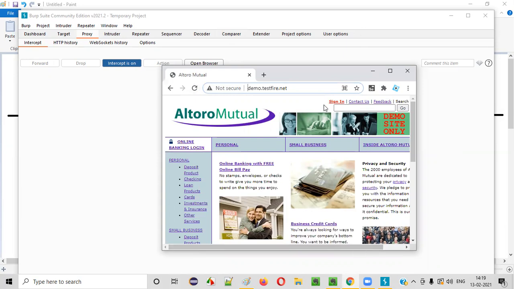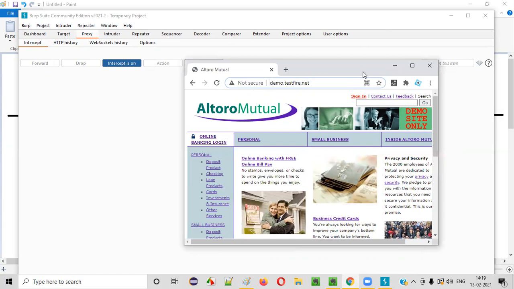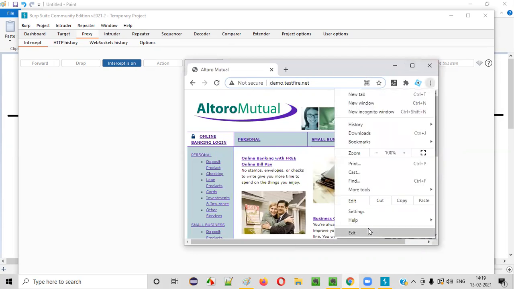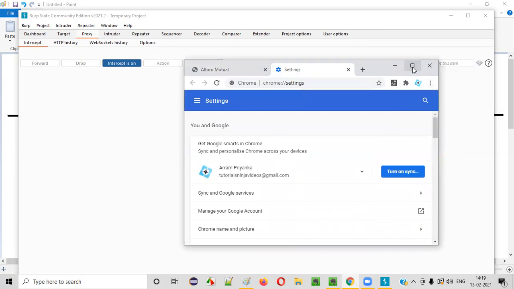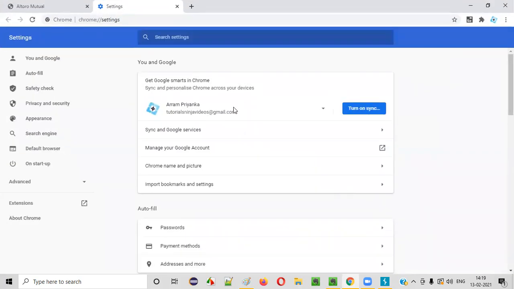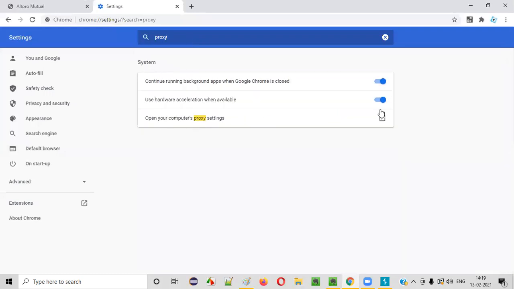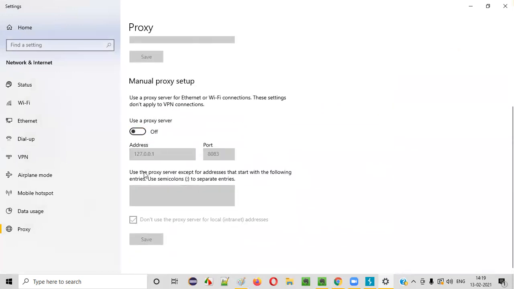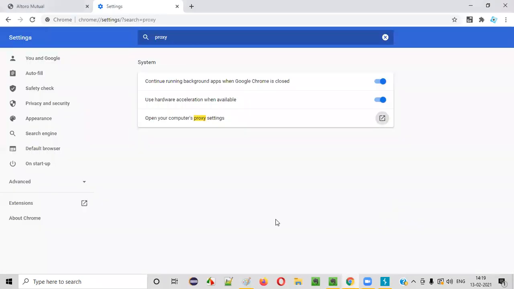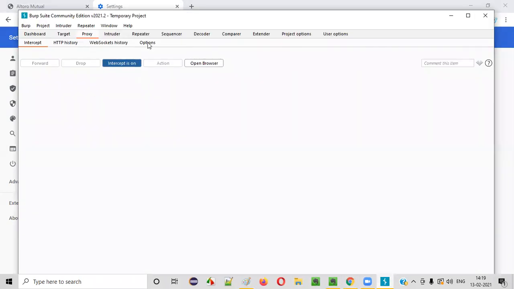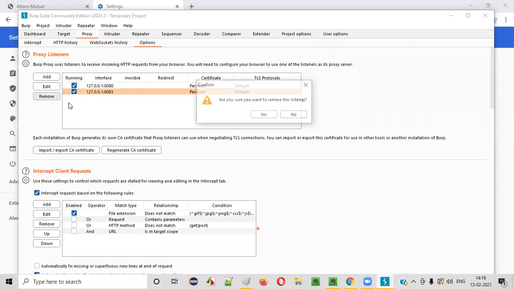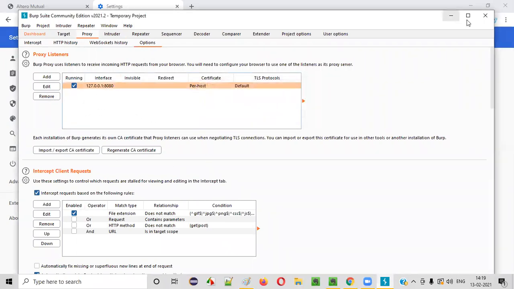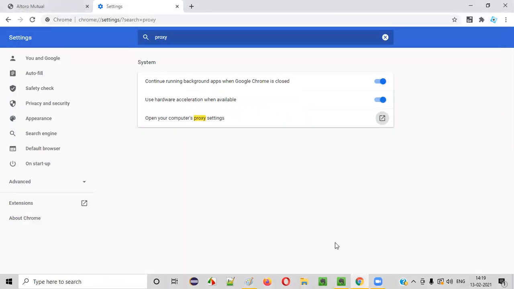So that's it, guys. Before I wind up this session, let's clear out all the stuff. That is, again, go to the settings. Whenever you are in need of using Burp Suite as proxy for this Chrome browser, then only do these settings, guys. Once you're done with the task, again go to the same settings and turn it off. Whenever it is not in need, just turn it off. Again, you can go to the Burp Suite, go to the options and delete this. After the use of proxy, just delete it. Now everything will come to the normal, guys.